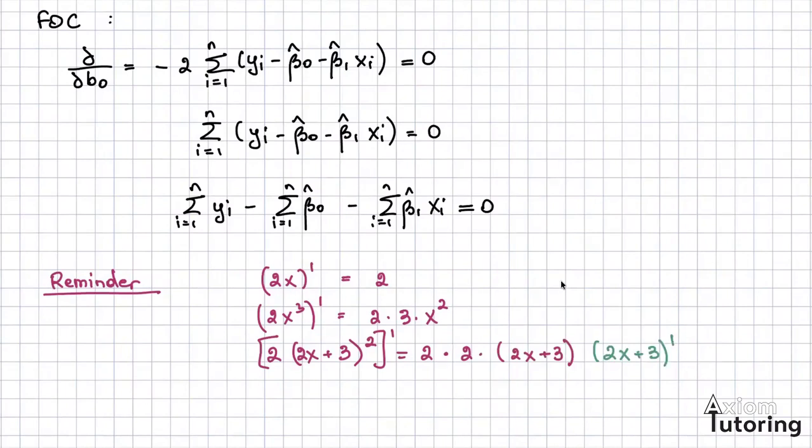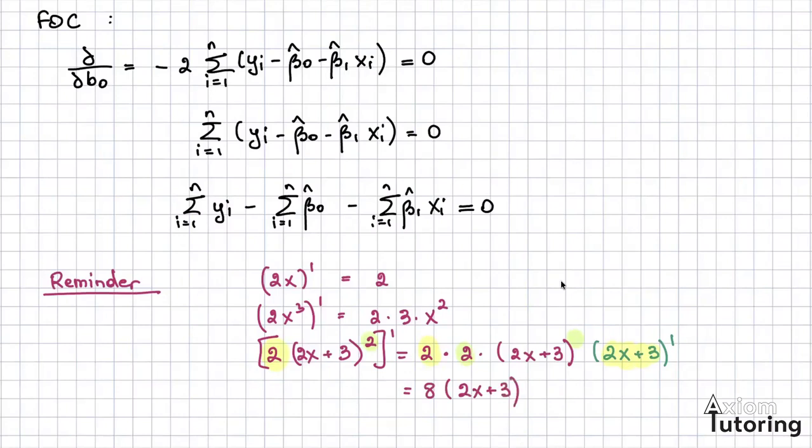So ultimately, keep in mind, this 2 is the 2 that we had in here. This other 2 is the power that came down. And here now we're left only with power 1, 2 minus 1. And we also need the derivative of whatever is in the brackets. So ultimately, the final value of this derivative is going to be 8 times 2x plus 3, and you can